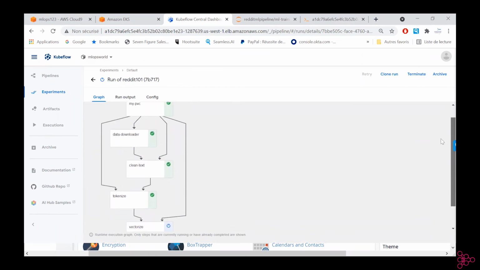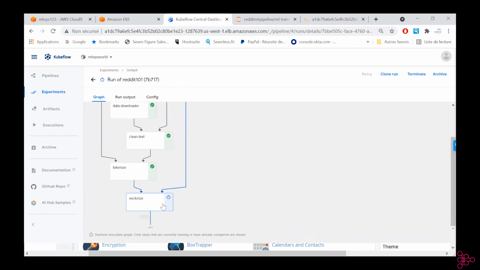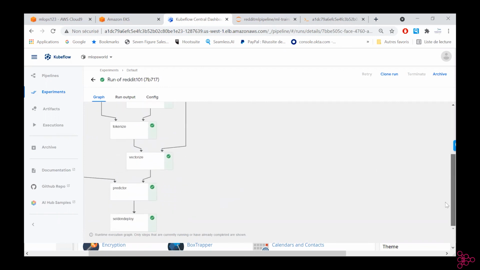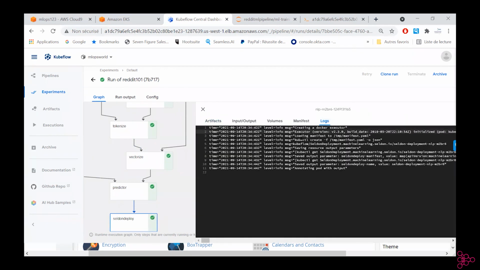So okay, our pipeline is running. It's not done yet. It's on the vectorized component. So you see, even if we have the lag, there is no crash. It's just lag in time due to communication issues. It's running. We have our predictors and our Seldon has been deployed. It seems to be good.